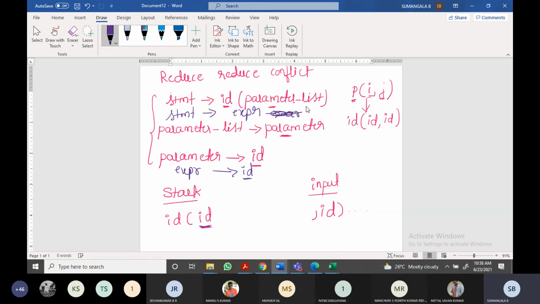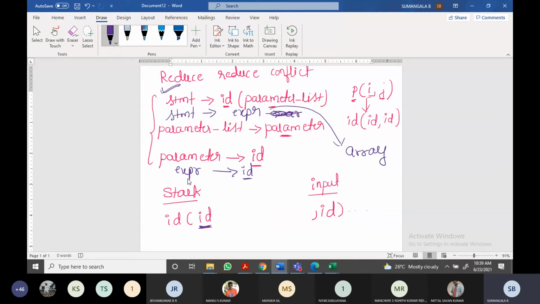Now assume that this expression is with respect to an array. Now I should not use the braces. If I am using braces, you will assume it is a production. Assume that it is an array. Now on the top of the stack you have an id. The parser doesn't know whether id should be taken with respect to the function, or whether it should be taken with respect to an array. So what will it do? It may apply the statement id. That means it may go for this first production, the statement which is deriving id.